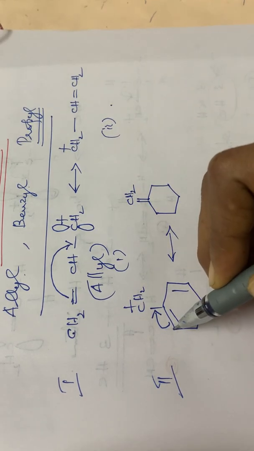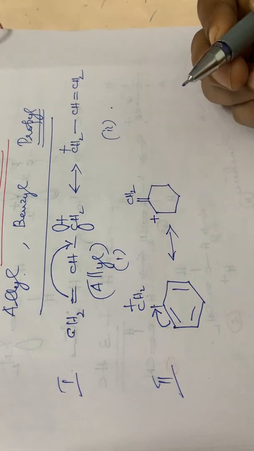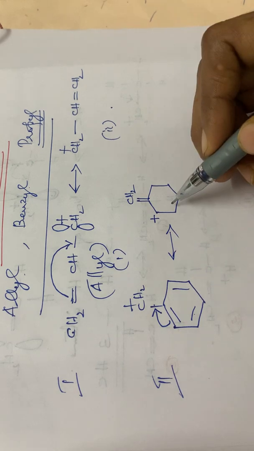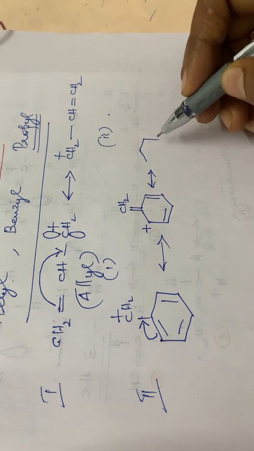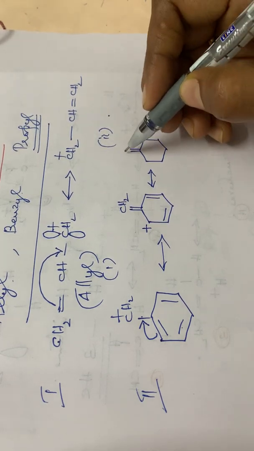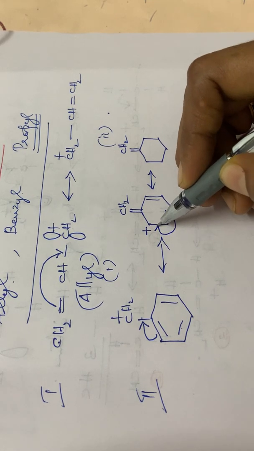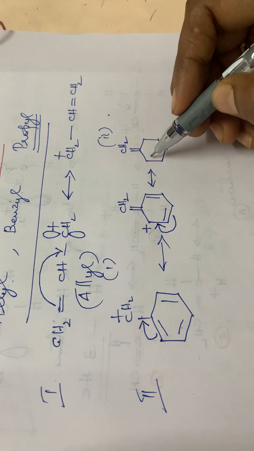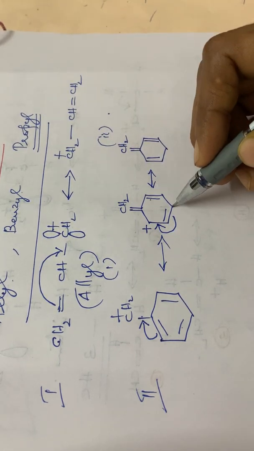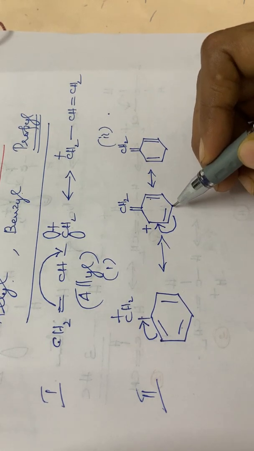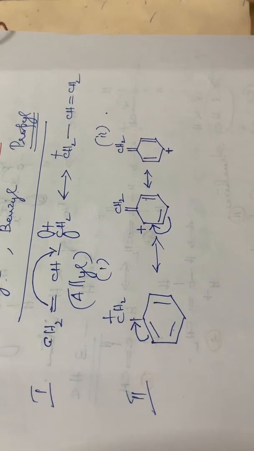So what happens to this carbon atom? The electron pair is moving towards this position. So here this carbon will be having a positive charge, isn't it? The other two bonds will be retained as such. Then what about the next structure? Again double bond CH2, then this pi electron pair will be shifting to this position, so that this positive charge will be neutralized. Here it becomes a double bond. Already a double bond is present here. And also what happens to this carbon atom? It will be getting a positive charge since the electron pair is moving towards this place. So this carbon will be having a positive charge.